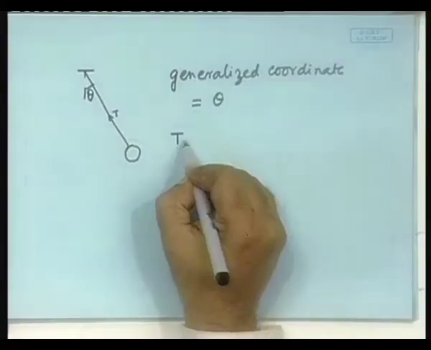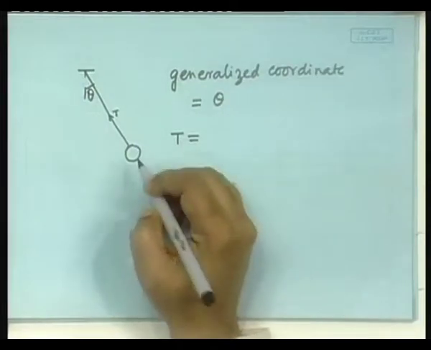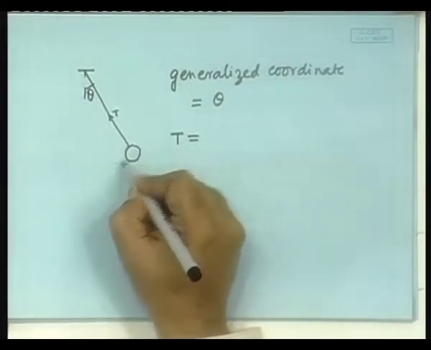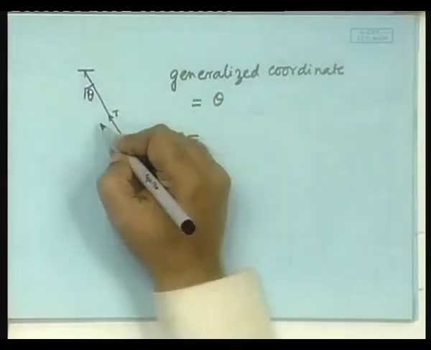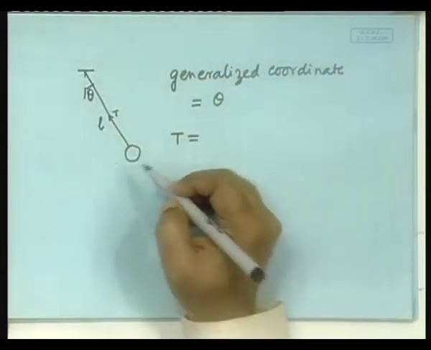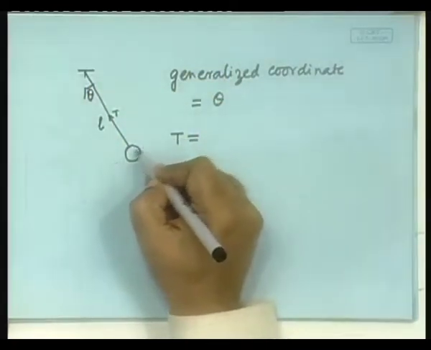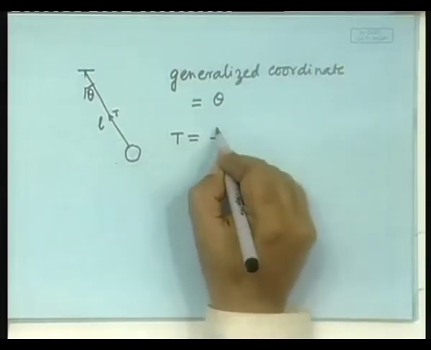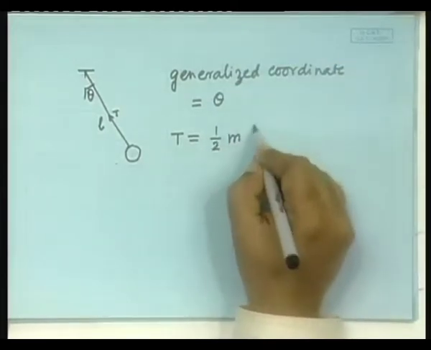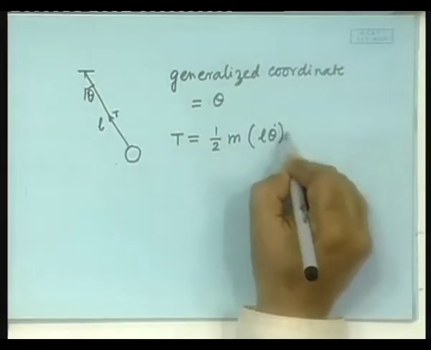The next step is to obtain the kinetic energy and the potential energy. The kinetic energy is, what is the velocity of this fellow? It is say this length is L. So, it is L theta dot is the velocity. So, half m L theta dot square, here,